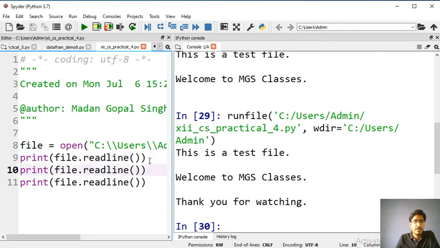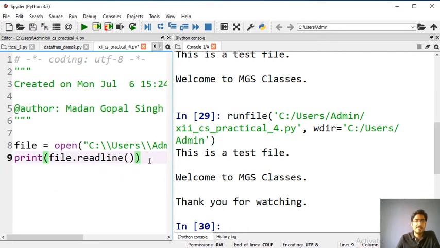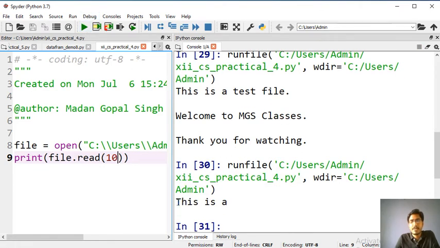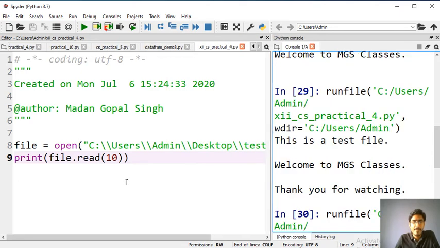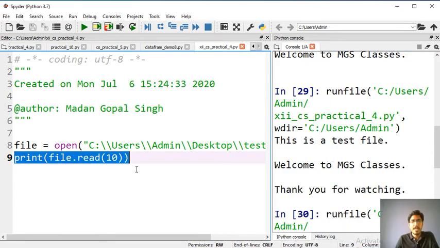Now I am going to show you the readlines method. So let me show you the argument of the read method also. Let's suppose you want to read the first 10 characters of the file, then you will pass 10 into the read method, and it will only show the first 10 characters. You should know all this stuff; you might have read it in your theory class also.